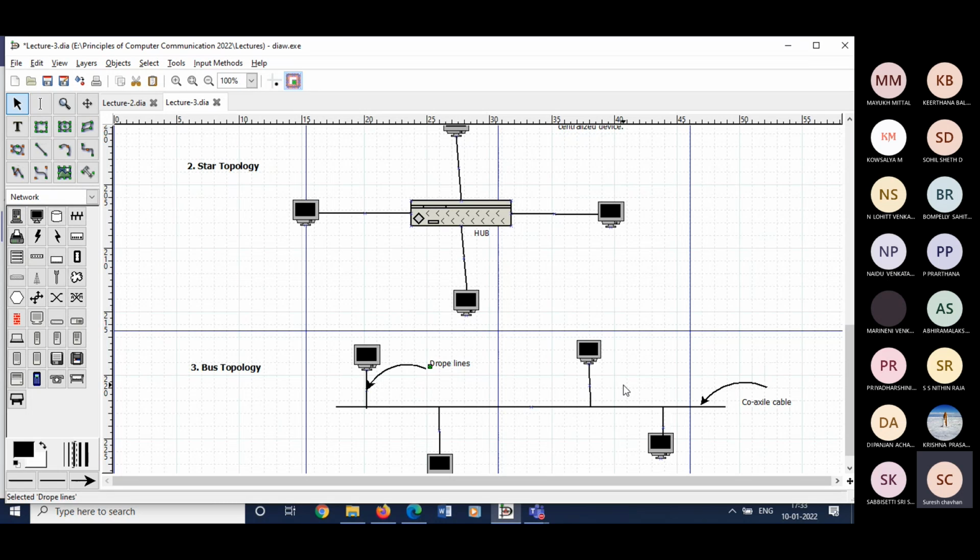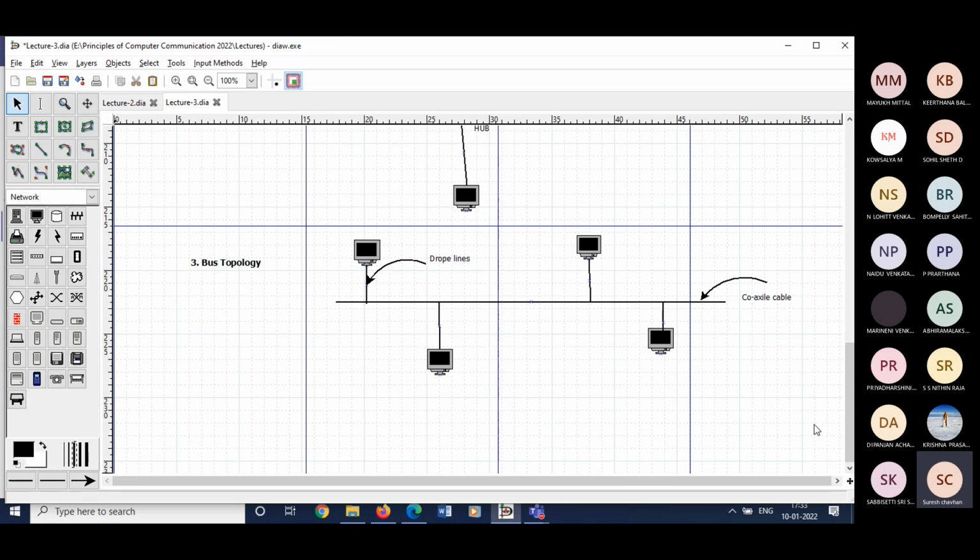So here the advantage is, if n devices are connected to each other in a bus topology, then the number of cables required is only one, right? And the cost of the cable is less as compared to the other topologies, right? But it is used to build only small networks, maybe a lab kind of infrastructure. But the disadvantage here is, suppose this cable has broken at this point, for example here,